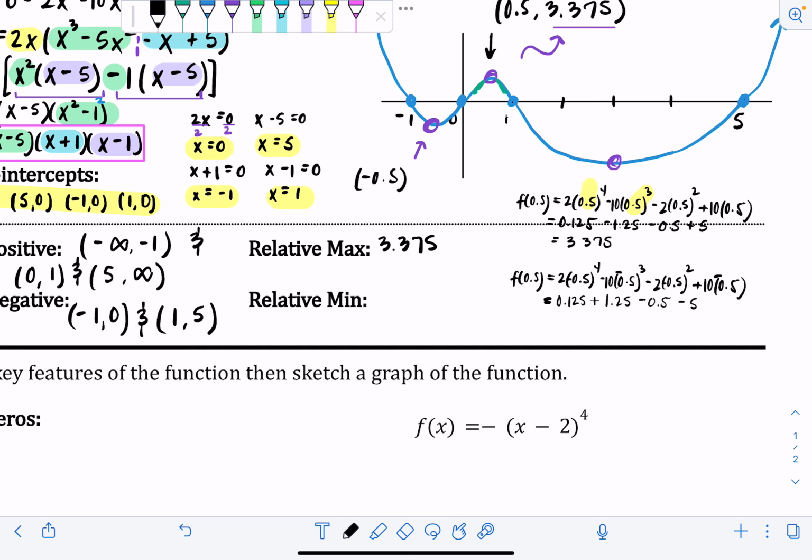So now we'll add slash subtract everything, so 0.125 and then plus 1.25 minus 0.5 minus 5 is